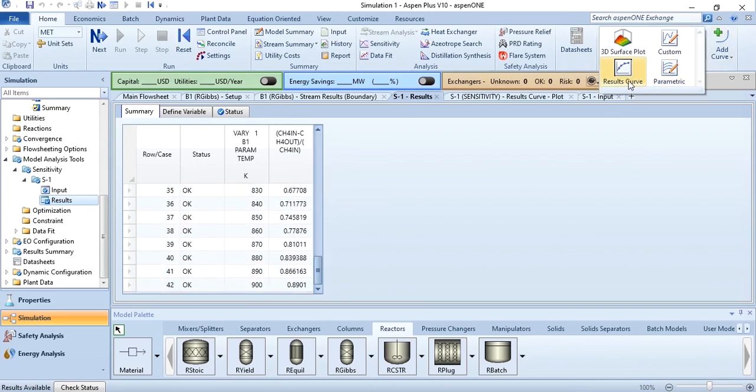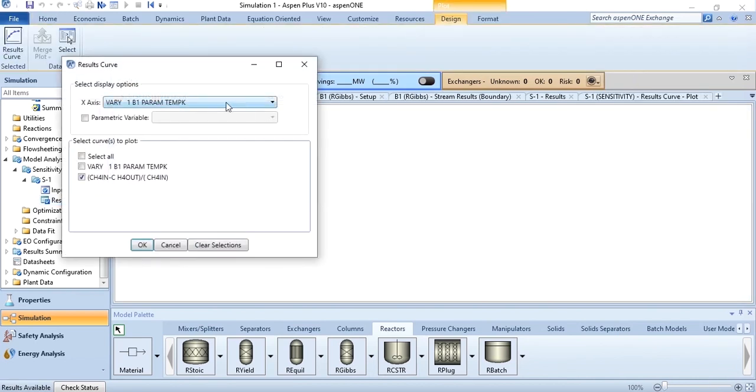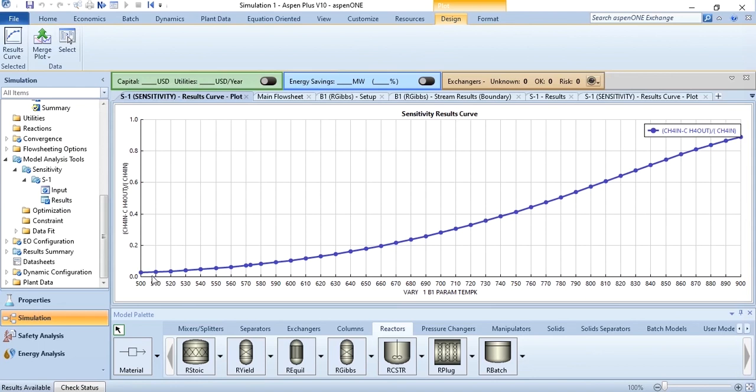So what you do, you will go to this results curve, and in results curve, the x-axis should be temperature. Obviously, you are analyzing with respect to the temperature. So temperature will be at x-axis again, and this is the only parameter available, which is x. There are not more than one parameter available. So you will click it, click OK, and you can see the conversion is increasing at 573 Kelvin, which is, you can see this value 573.075 to 873 Kelvin. So that's how you do the sensitivity analysis.